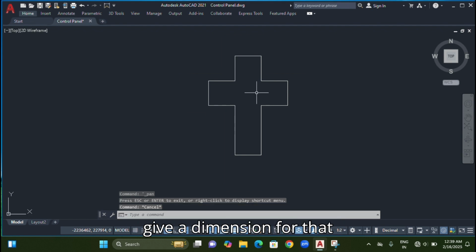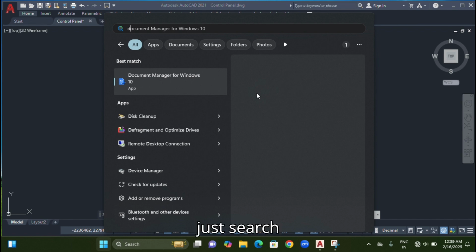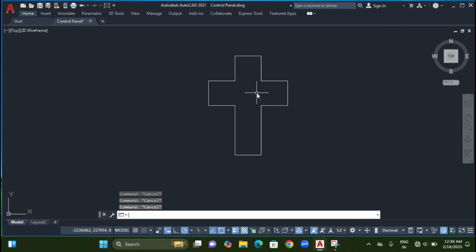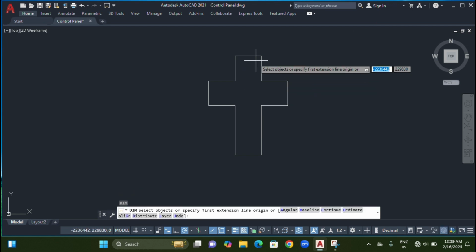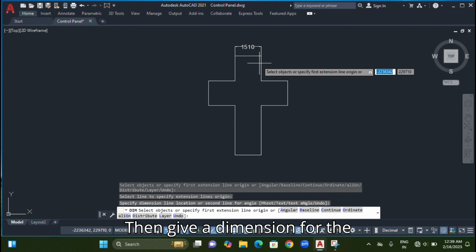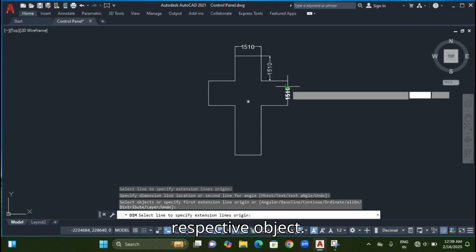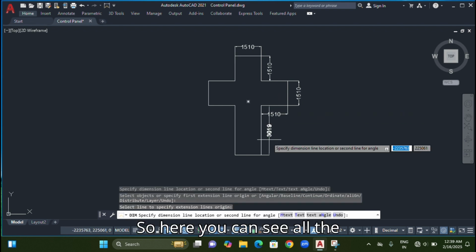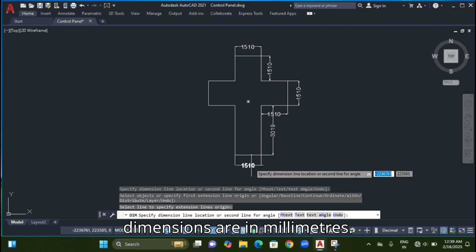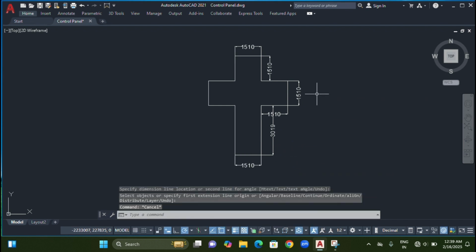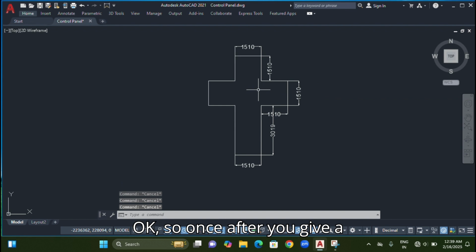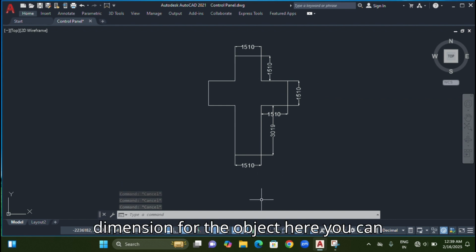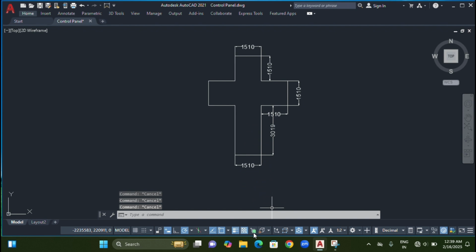Then give a dimension for that. Just search dimension option. Then give a dimension for the respective object. So here you can see all the dimensions are in millimeters. Okay, so once you give a dimension for the object, there is one option, selection